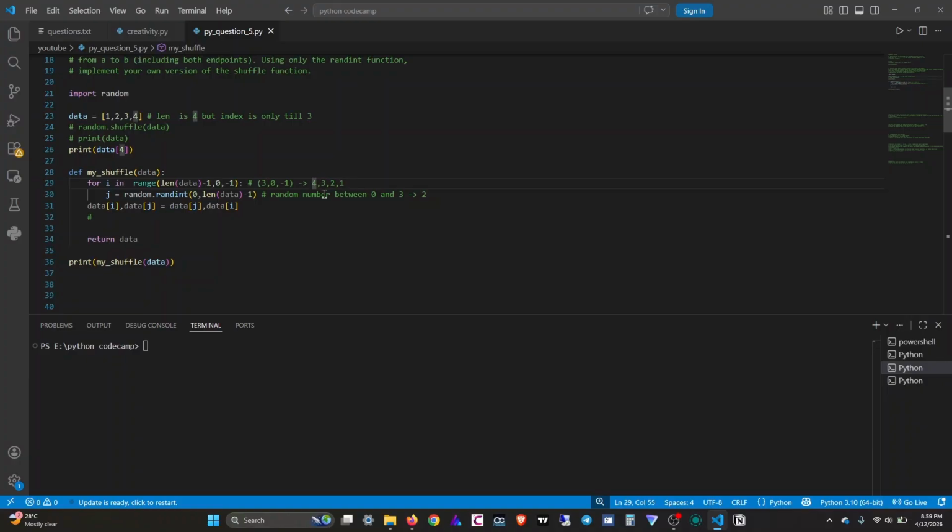So 3, 2, 1, and 0. So data I. For suppose, now let's say I equals to 3. So if I is 3,